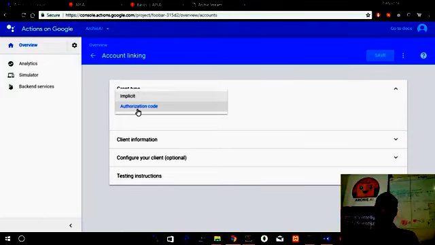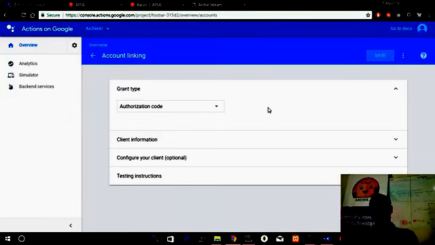Google provides options of authorization code and implicit. Authorization code is like our regular OAuth service, which uses token-based authentication, with access tokens and refresh tokens. The user information is stored and sent back to the server with every request, and we can identify the user from that.